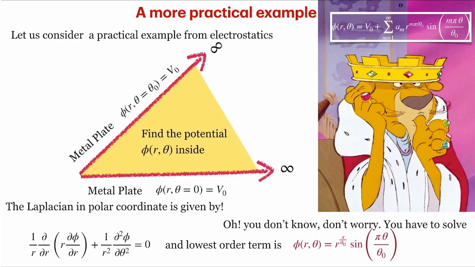So let's study the potential satisfying this Laplace equation, given as phi of r and theta equals r to the power pi by theta naught times sine of pi theta by theta naught. Theta naught is given to you, where the plate is fixed. You can change it and study and see how the potential behaves at different angles. But this is a generic solution for an arbitrary theta naught in terms of sine, because the potential in this case assumes the value V naught equal to 0 on the plates. That is why metal plates, because the potential can be constant.